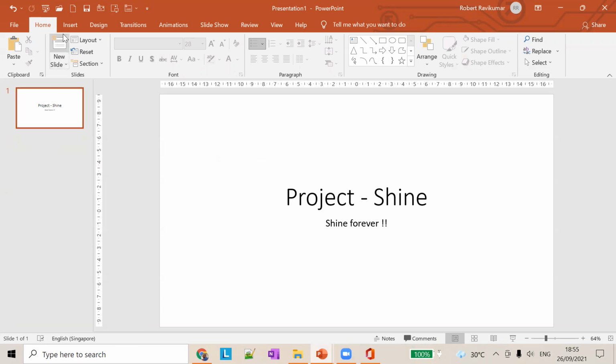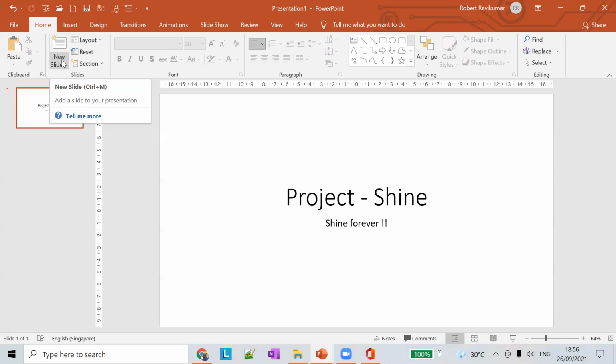So the way to add a new slide is from the home tab. Under the home tab, there is a ribbon called slides. Under this, you click on the new slide. There is a big button called new slide. For those using an older version of PowerPoint, you might see it a bit different, but it should be in the home tab, and under that you should see a new slide. As the tooltip says, add a slide to your presentation. So we are going to add a slide to a presentation.